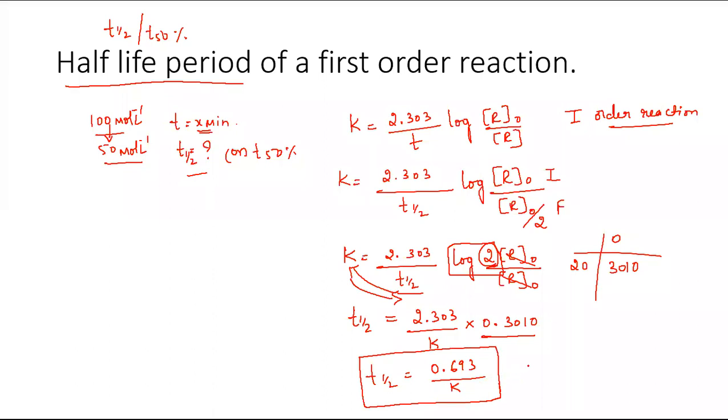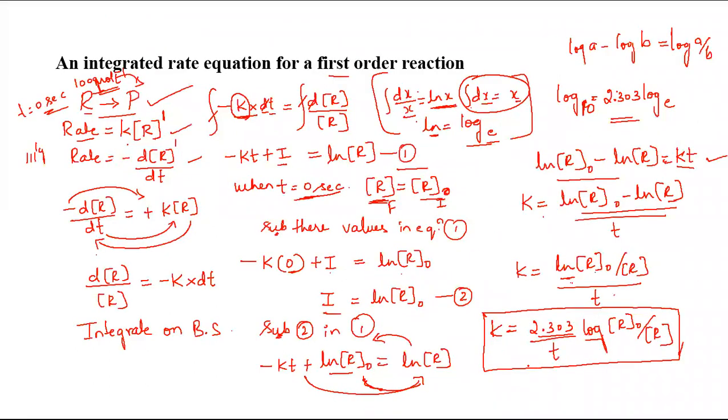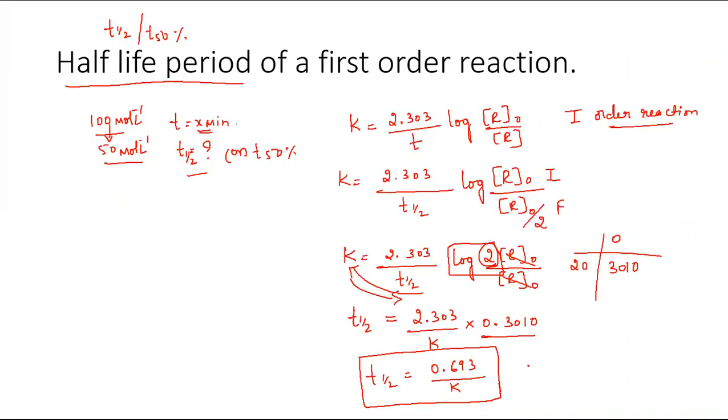Okay, so today we derived two equations, that is an integrated rate equation for a first order reaction as well as its half-life period. Both are very important, and even integrated rate equation for a zero order is also very important. So these are compulsory questions. Half-life period will be asked for 2 marks, and integrated rate equation will be asked for 3 marks. Very important. So you have to practice it. Any one will be compulsorily asked, or else the problems based on these equations will be asked. Now you can take logbook, calculator and a notebook to solve the problems.